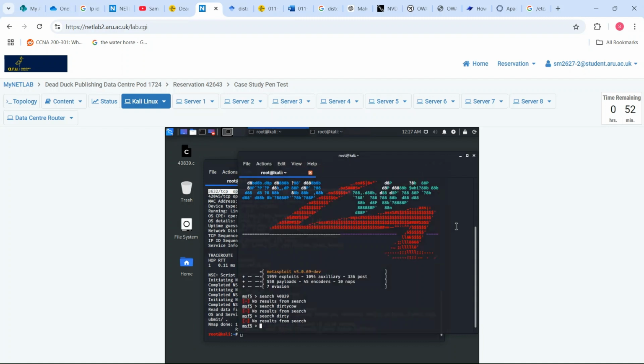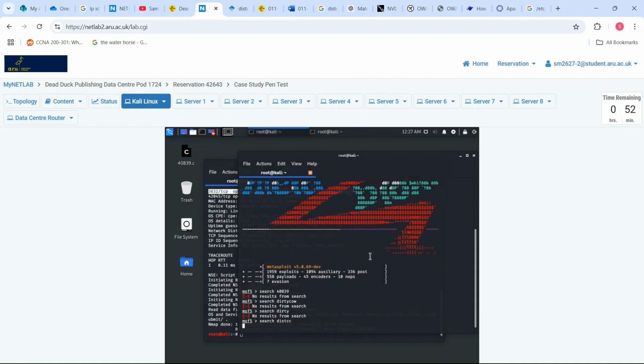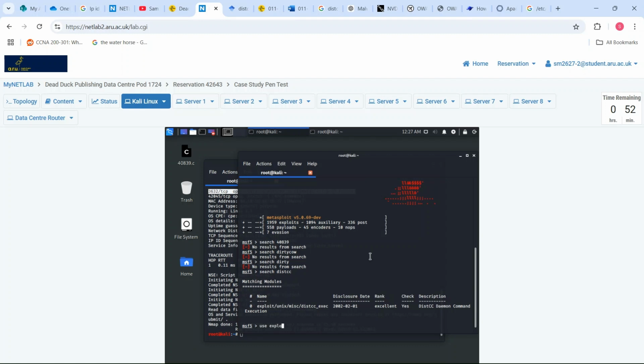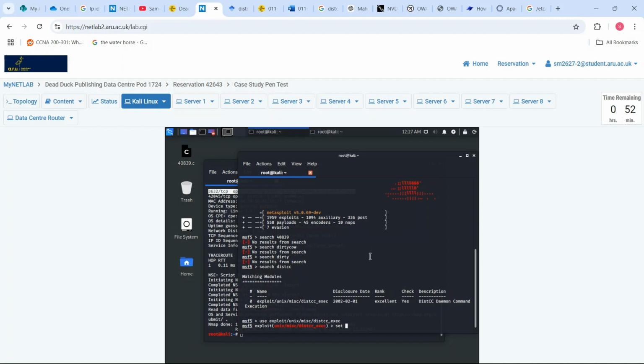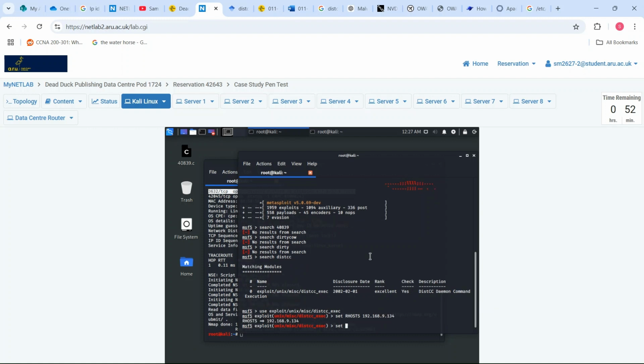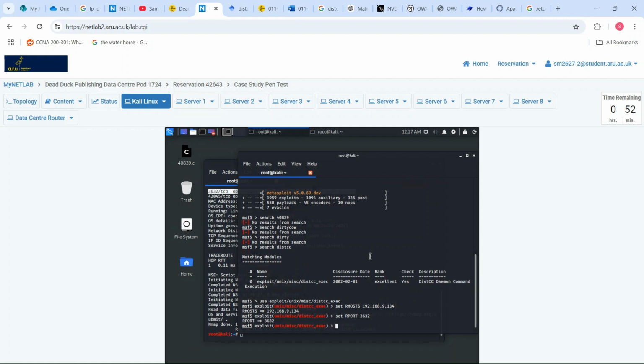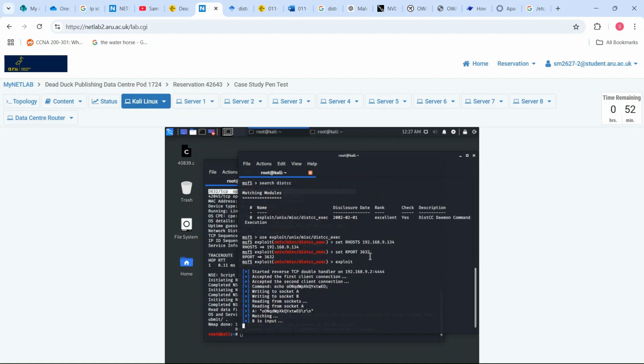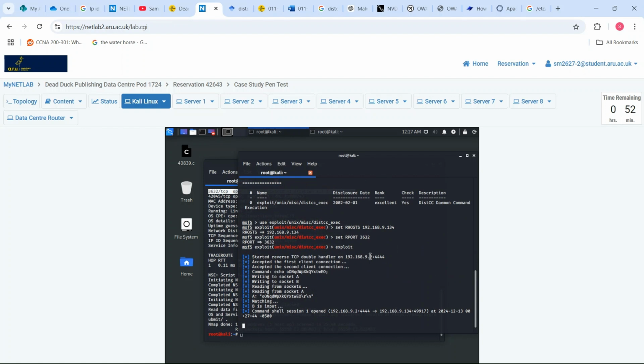So then if we go on Metasploit and search for distcc vulnerabilities, there is one that's relevant to us. If we use this vulnerability, I set the RHOSTS and the RPORT, so RHOST .134 and then RPORT 3632. And then exploit, we can get a shell to server 6, and then if we use this Python command, which gives us an interactive shell and a better command line for better functionality,